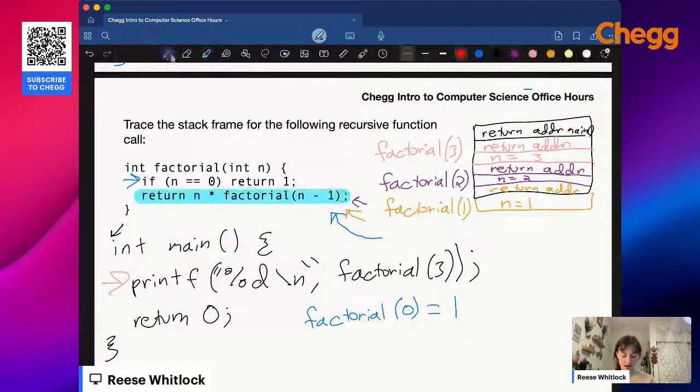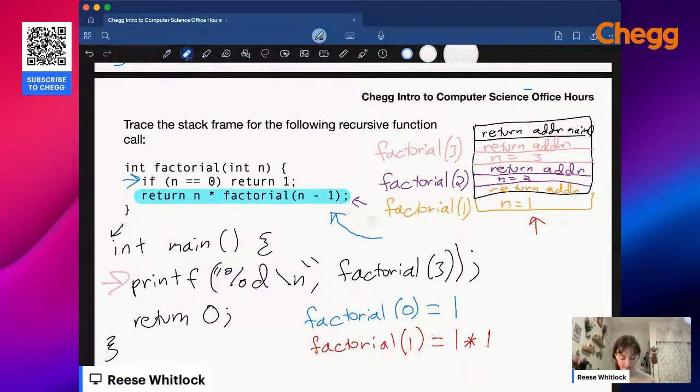And it says, okay, we're going to return n times factorial n minus 1. And it's like, okay, what is n? And it looks at the top of the stack, which is 1. So it says, okay, we're going to return n, which is 1, times factorial of n minus 1, which is factorial 0, which we just did, was also 1. So then